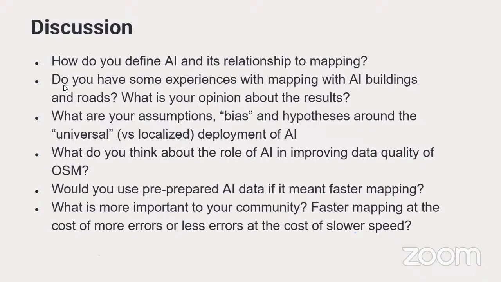I did ask a question when they produced the first complete road coverage of a country, and I said there are inherent errors in this. Is there any way that you could go back into the program, rework it, and just correct those? And I was told, no, there isn't. Unless they run the whole thing again with the program rewritten, there was no way of correcting it. Humans can correct individual roads if they're incorrect, but this complete country road data was dumped in our lap and we were told, that's what you've got, play around with it yourselves, rather than saying, right, go back to the table and redo it.